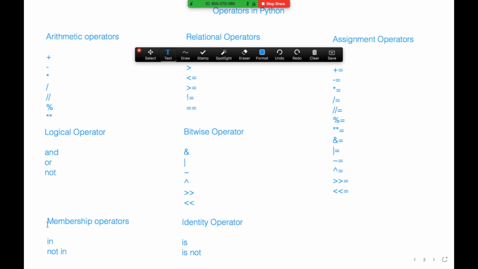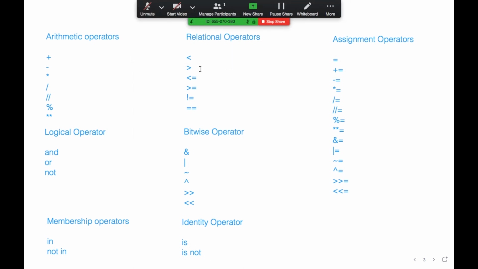The identity operator is used to check if two variables are pointing to the same object in memory or not. That is the use of the is and is not keywords. These are the operators available in Python using which we write our logic.